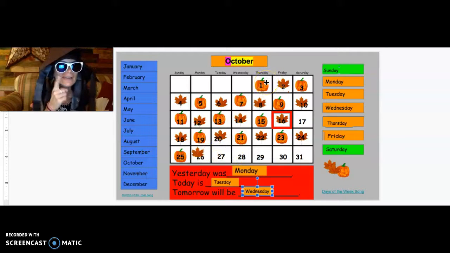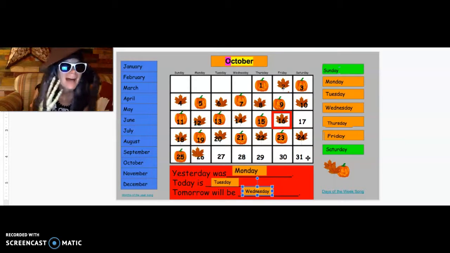Today is Tuesday. Let's figure out what day this is right here. We're going to count. Can you count like a little witch? All right, I'll get my fingers ready. 1, 2, 3, 4, 5, 6, 7, 8, 9, 10, 11, 12, 13, 14, 15, 16, 17, 18, 19, 20, 21, 22, 23, 24, 25, 26, 27. Wow. We only have 4 more days until